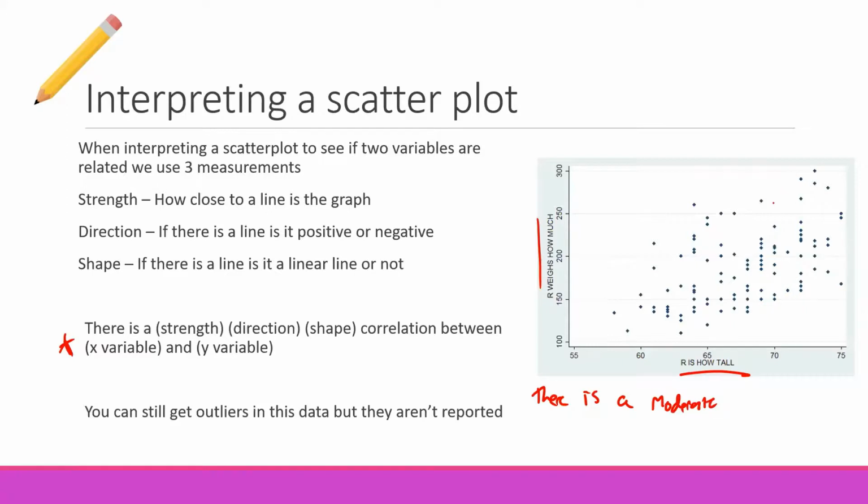because it's not strong. I'd say it's moderate, maybe, you know, it's pretty strong, but it's not that strong. There is a moderate positive, because you can see this is going up and to the right, so it's positive. And I would actually say this is pretty linear, like it looks like a straightish line. There is a moderate positive linear correlation